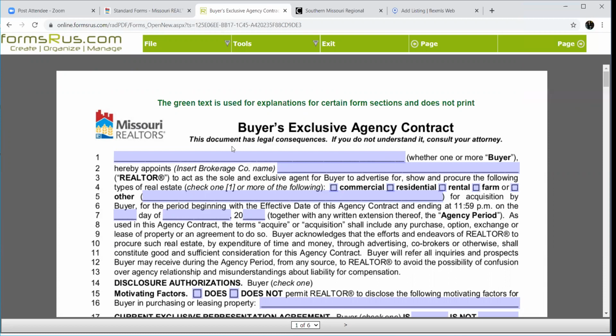So, the buyer's exclusive agency contract. Again, we're going to put the buyer's name here in the first line and Keller Williams will go right here, because just as with the seller's agency contract, they are hiring the brokerage. And then the brokerage, we will designate you to be the agent to work with that particular client. If there's any property that's not represented here, like if you had a land deal, you would type land in this box if that's what they're seeking, and then check this box. Most often you're going to have residential checked, but if it's something other than that, check this one and fill in this blank.